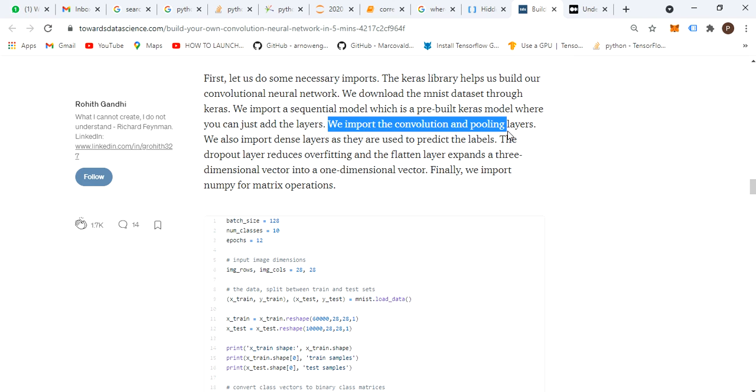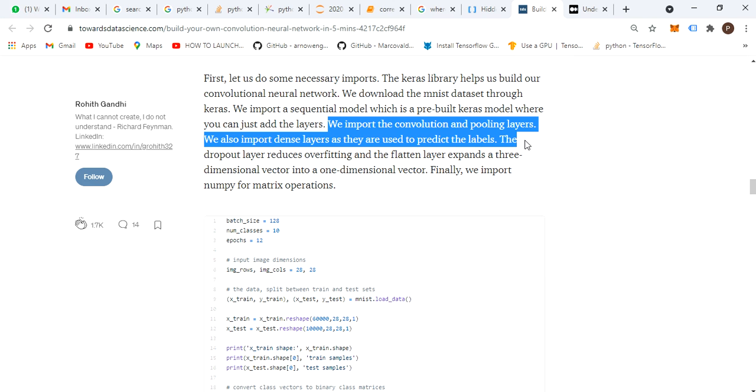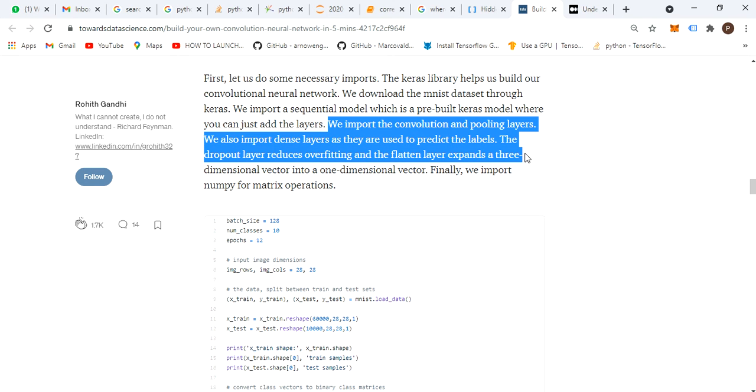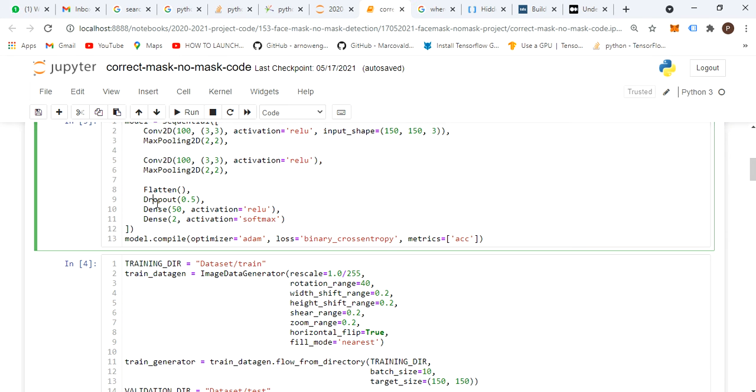Here you can see we import the convolution and pooling layers. We also import dense layers, which are used to predict the labels. The dropout layer reduces overfitting. It cuts off the layer's path from the input to the hidden layer, and tells the network that you have to form the same route again or another route, and try to achieve more accuracy.